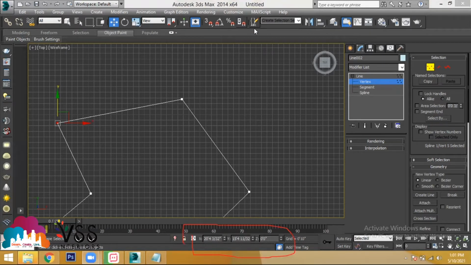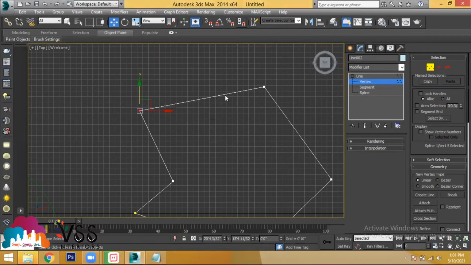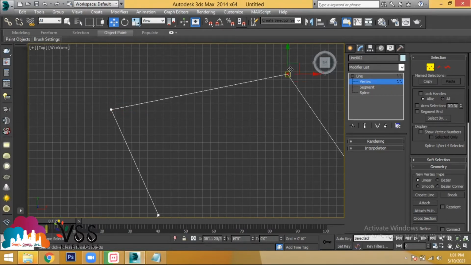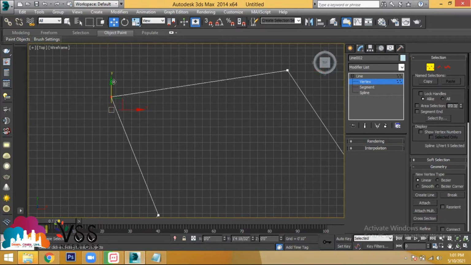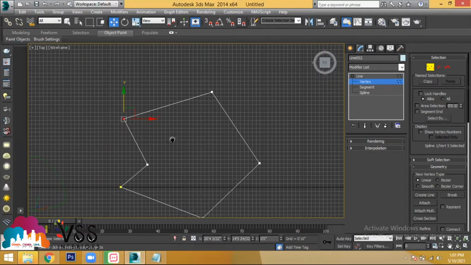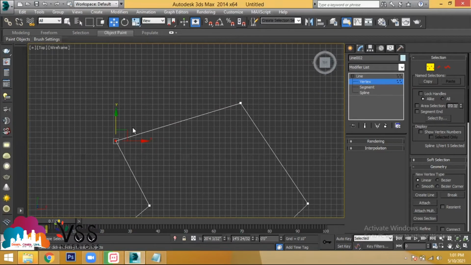So to make this line straight, whether you select this endpoint and move it in y direction, or select that endpoint and move it in y direction, depends upon your requirement. You want to select this point and make it straight by moving in y direction. That depends upon the requirement of your diagram or your design. Let's say now I want to select this endpoint, and move it in y direction to make the line straight like this.